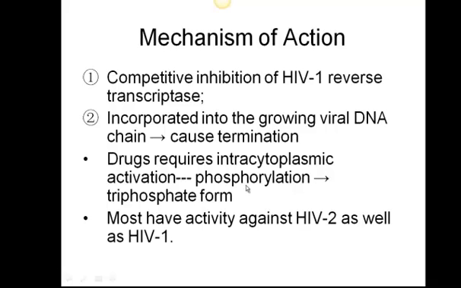Typically when things contain phosphate groups, it makes them very, very polar and much larger molecules, and they typically cannot be moved around within the body very easily if they're phosphorylated. So pre-phosphorylated drug compounds don't work very well. You have to wait until you get them inside the target location, and then they have to be modified or activated into the phosphorylated state typically to mediate their action via this route. But these drugs do have good activity, and they do get phosphorylated into the active component, and most have activity against both forms of HIV, the HIV 1 and 2.